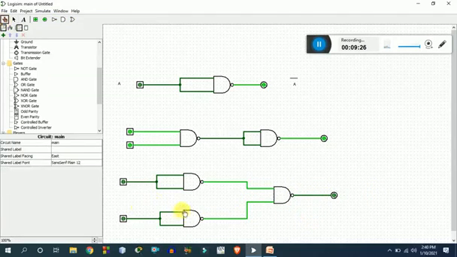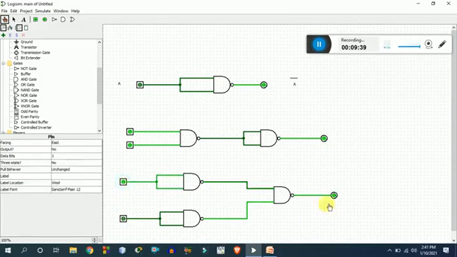Look, if your input is 0 0, then output is 0. If your input is 1, then you will find the output 1. If your two inputs are 1, then you will find the output 1. If your two inputs are 0 0, then you will get the output 0. So this behaves like the OR gate. So this is the OR gate,